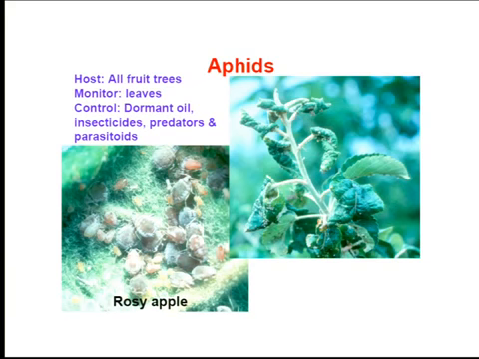Biological control started here in California in the late 1800s when they brought the Rodolia cardinalis from Australia. There was a pest that was attacking citrus called the cottony cushion scale. This is in the late 1800s, and they could not control it with the pesticide they had available at that time. So they went to the center of origin of that pest, which was Australia, and they found a beetle, a big ladybug called Rodolia. And they brought it to California, and until today, that insect is controlling the cottony cushion scale.